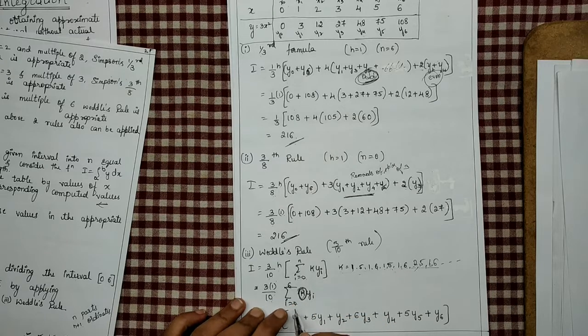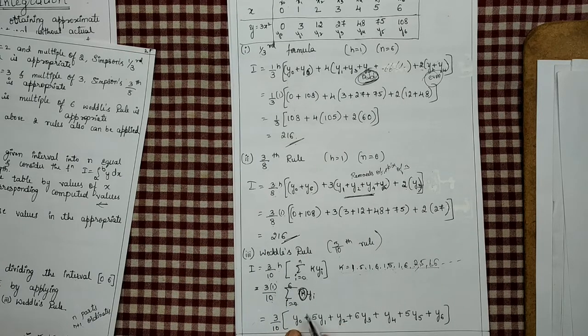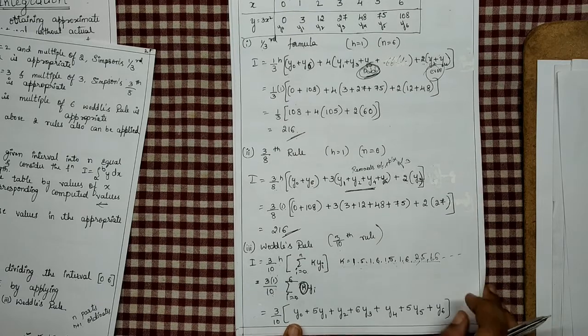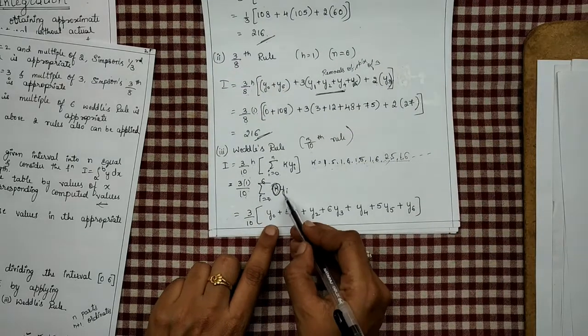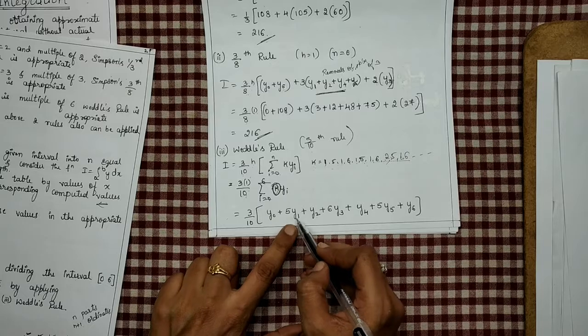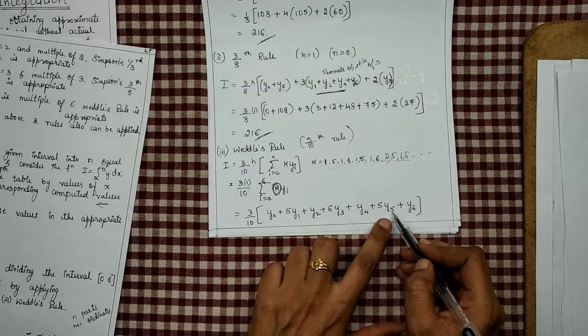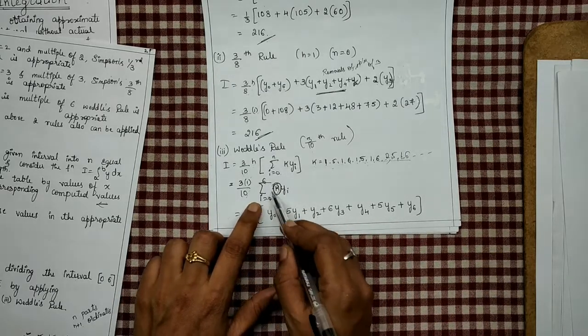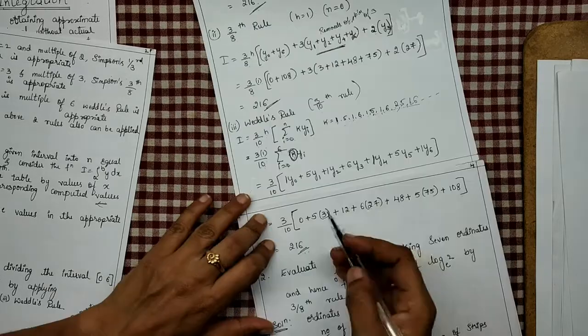Now you have to first give the values of i. What is the value of i? Value of i runs from 0. 3/10 into value of i runs from 0, 1, 2, 3, 4, 5, 6. So these are the values we have given for i. i runs from 0 to 6. After this, what you have to do? You have to give the value of k. Let us substitute the terms.